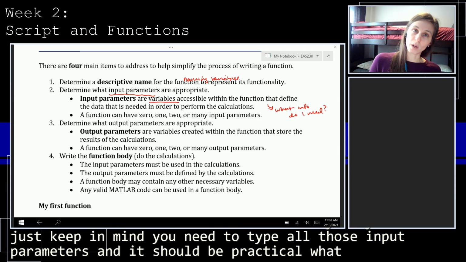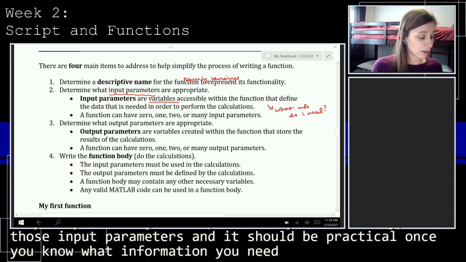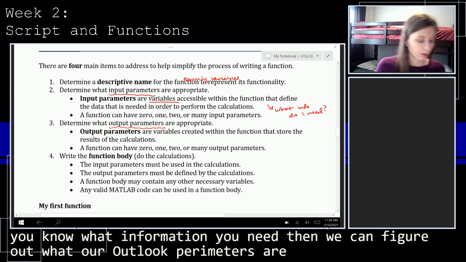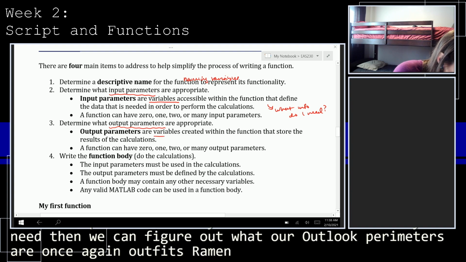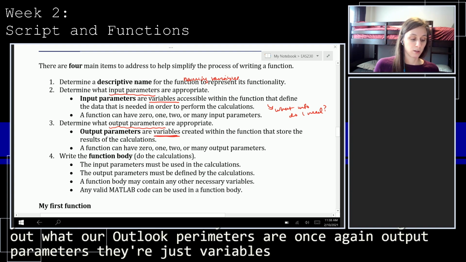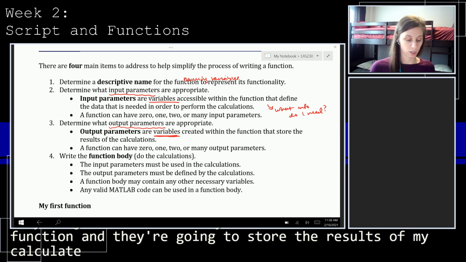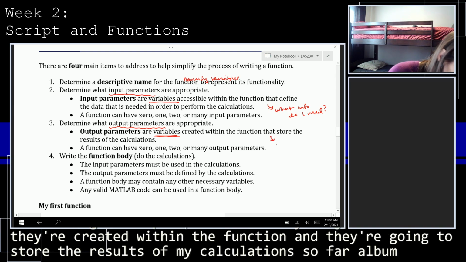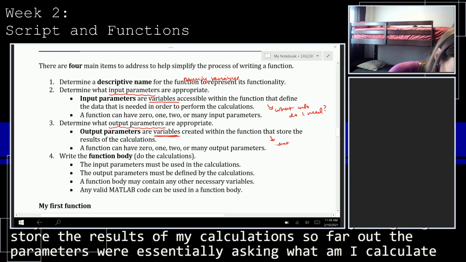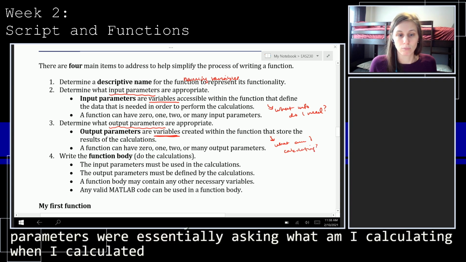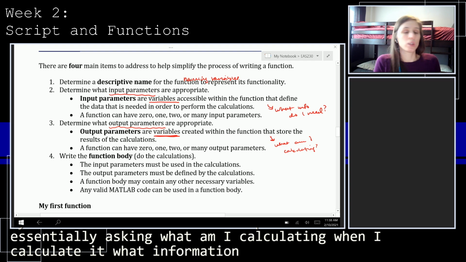Once you know what information you need, then we can figure out what our output parameters are. Once again, output parameters, they're just variables. They're created within the function, and they're going to store the results of my calculations. So for our output parameters, we're essentially asking, what am I calculating? What information should this function do?